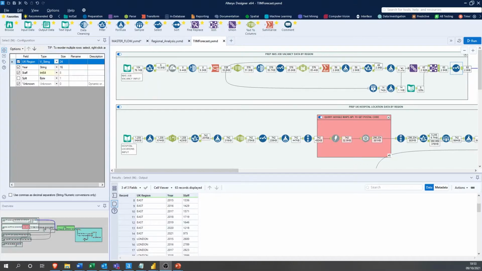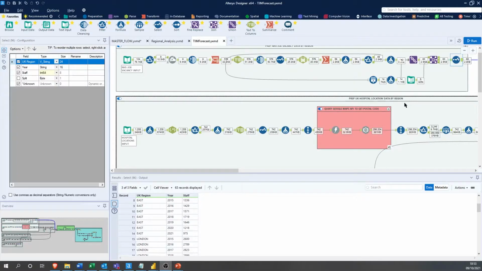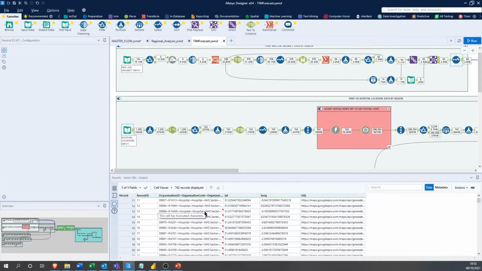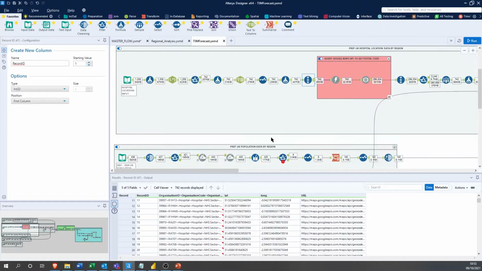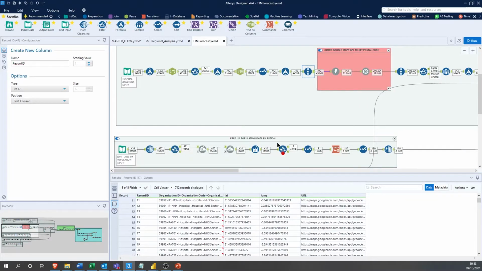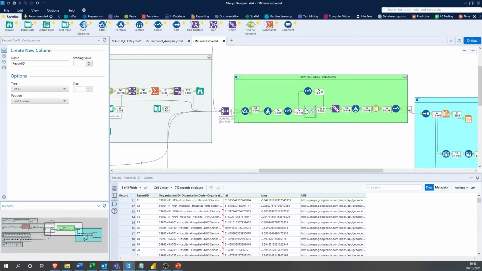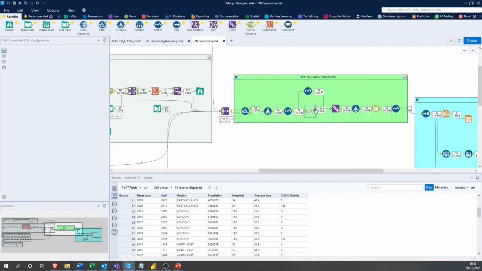And we wanted to say, can we predict how many of these job vacancies are going to pop up in the future based upon some other metrics? And those metrics that we wanted to add into this analysis were, what are the UK hospital locations? So we took these hospital locations we found online, we parsed out the longitude and latitude coordinates for these hospitals, and then even sent those up to the Google Maps API to find their postcodes. We then had a look at the UK population by region, and the UK average age by region, and we pushed this all into a machine learning algorithm which says, okay, taking a look